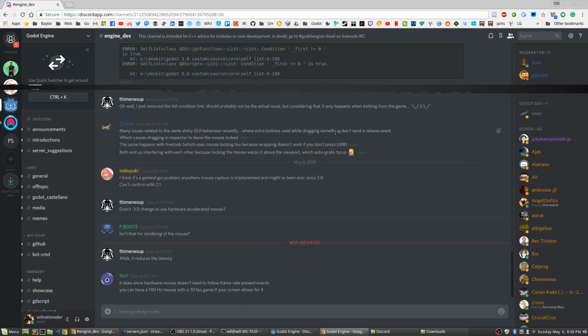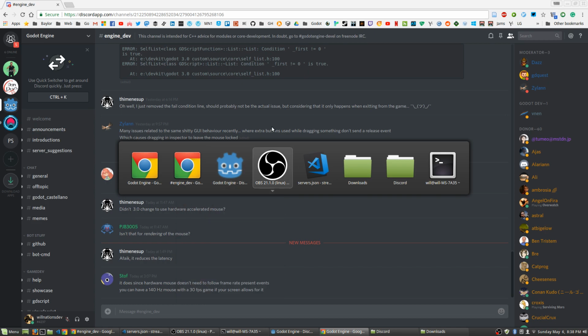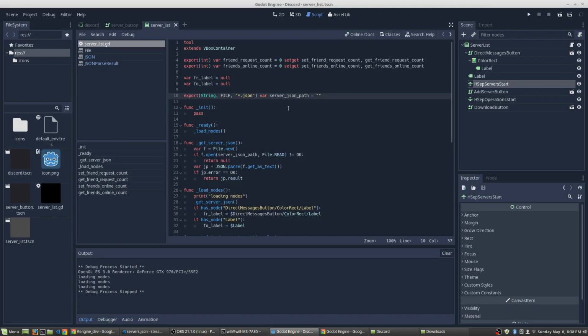Wrong thing. Engine div. Okay. So we see different buttons here. Just resuming progress. Actually, we want engine div here, and then we want Godot. Okay. So,